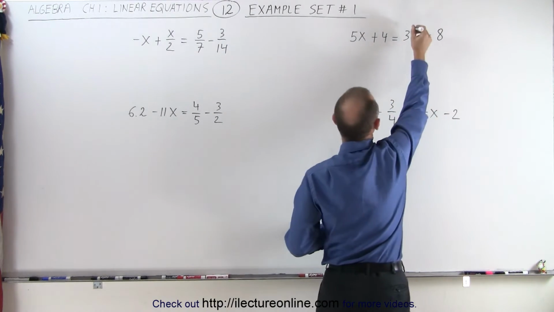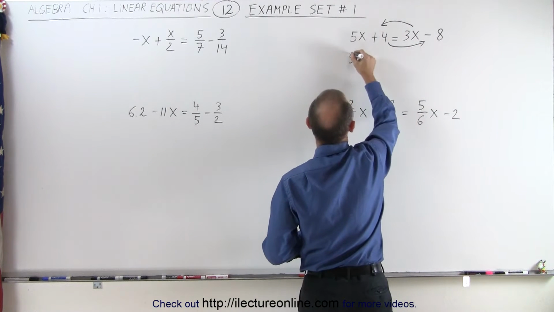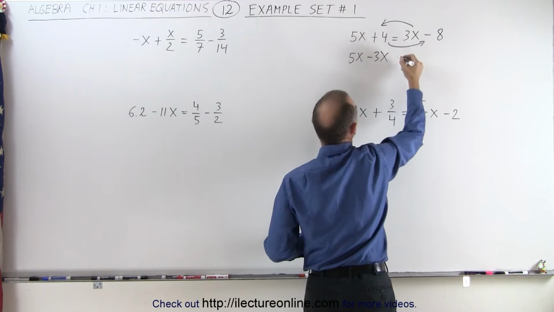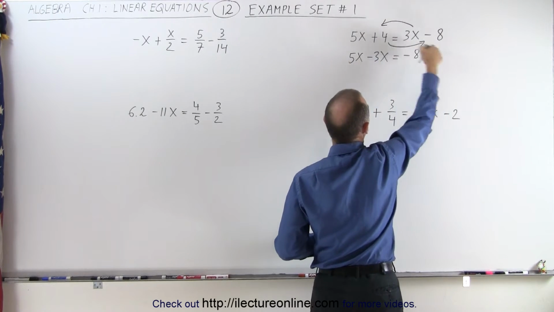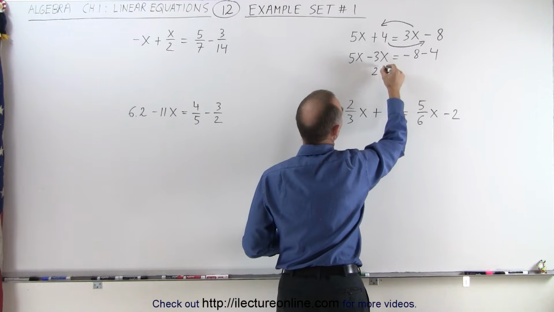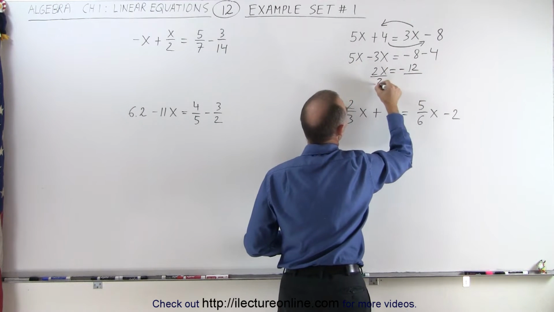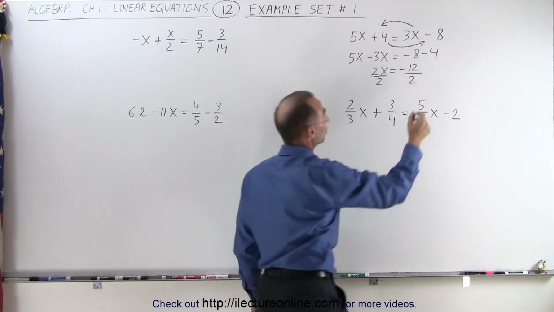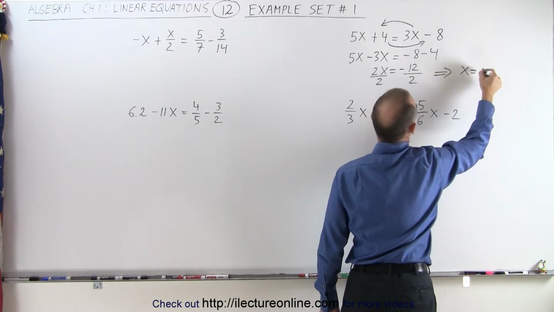So in this case, we're going to move the 3x to the left and the 4 to the right. This becomes 5x minus 3x. Remember, when we cross the equal sign, we change the sign, equals minus 8 minus 4. The plus 4 becomes a minus 4. Now we collect common terms. So we end up with 2x is equal to minus 12. We now divide both sides by the numerical coefficient of the variable x. And so the result is, and let me move over here, we end up with x is equal to minus